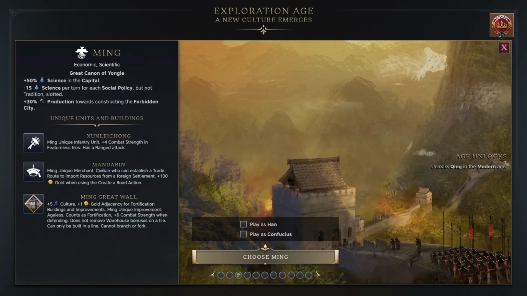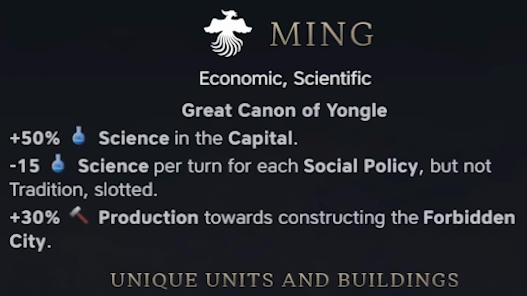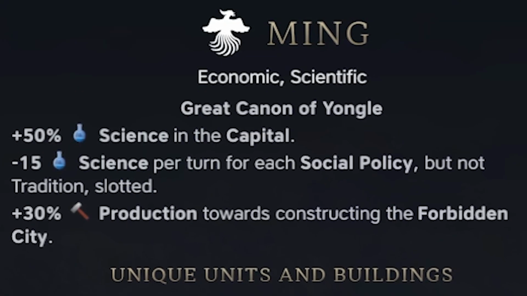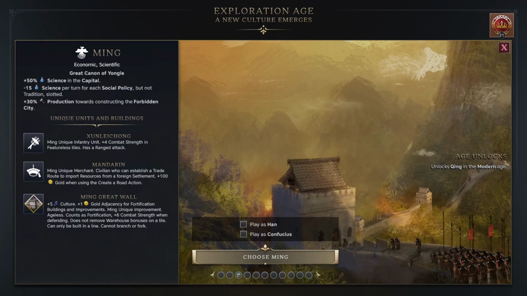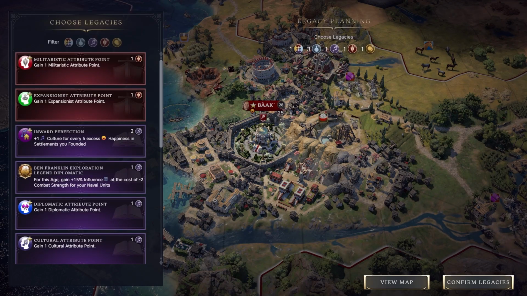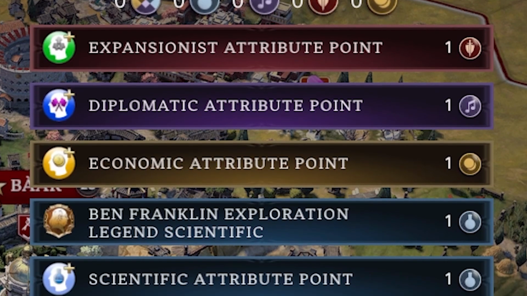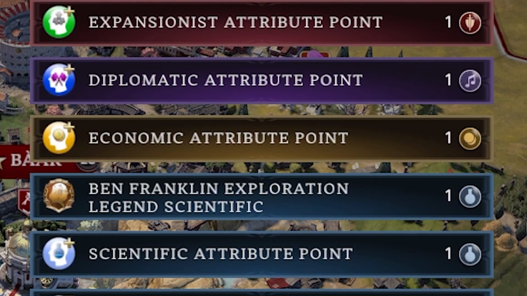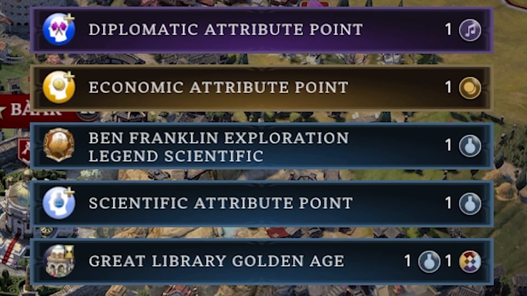These offer a great bonus of 50% science in the capital, however, minus 15 science per turn for every policy slot I have filled, which doesn't sound the best, but as we weren't pushing culture, we shouldn't have too many of those. Plus, they have some fun gold bonuses and you can't go wrong with gold. For the legacies, we took an expansionist point, a diplomatic point, an economist point, and an extra 15% science at the cost of 10% culture, as well as the Golden Age Academy,